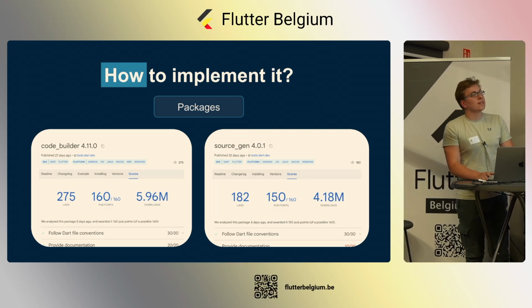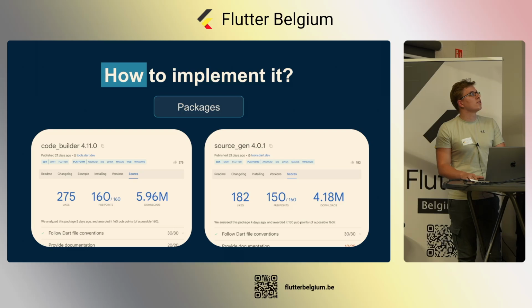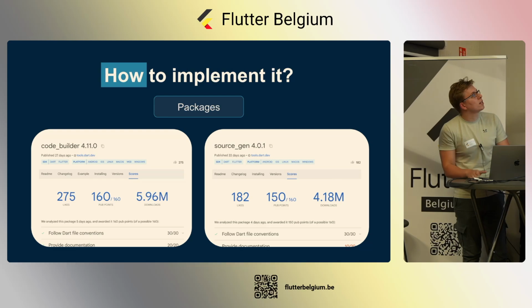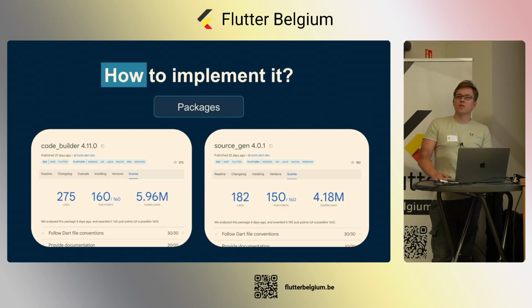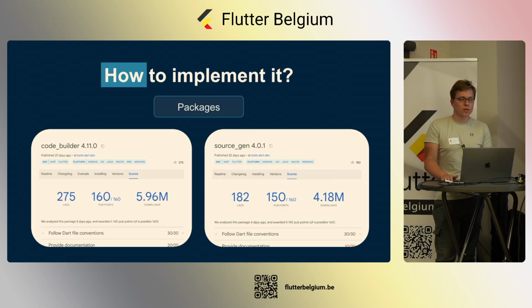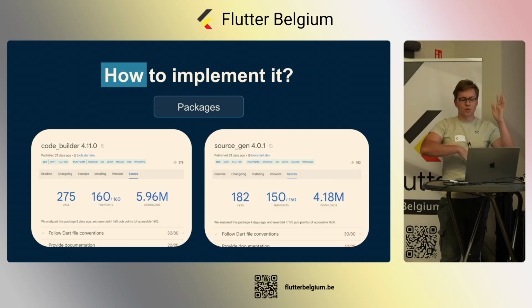Then how to implement it? You can, like I said, just do code generation by writing a string to a file, but there's some tools that will help you. The one that I use a lot is Code Builder. Both of the packages are by tools.dart. But Code Builder basically just gives you easy methods and classes to generate Dart code. So instead of just saying write this class and then doing an entire string that says how the class has to look,